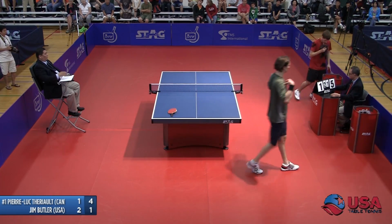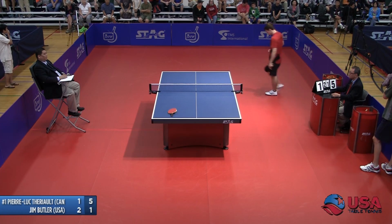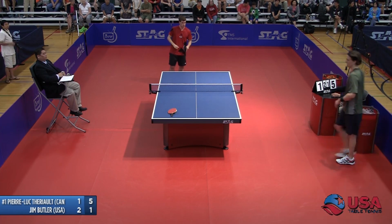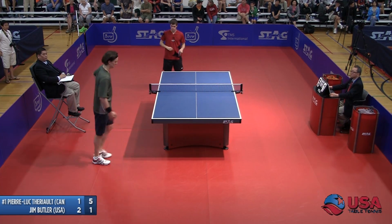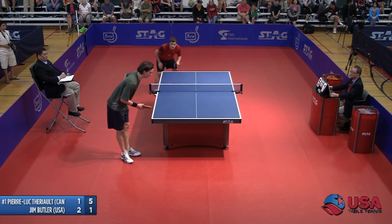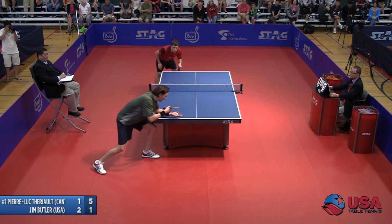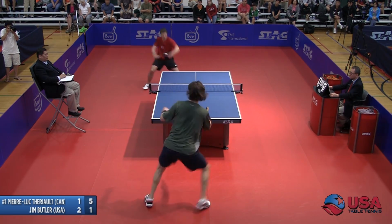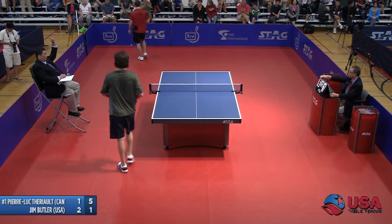Yeah. You know, the one thing about Jim Butler that seems to strike me is if there was a weakness, it's almost get him going after the 7th or 8th repetition. He seems to struggle, you know. He wants to finish the point quick. Not necessarily with the backhand, but usually. But when you go 7, 8 repetitions in a row, usually that's when you see it miss. Right, well,